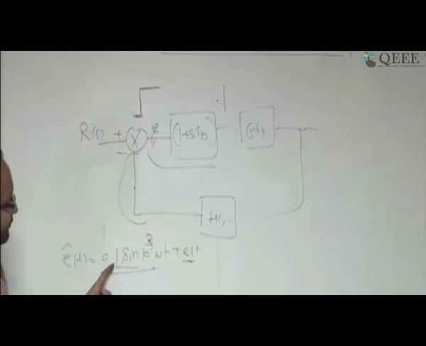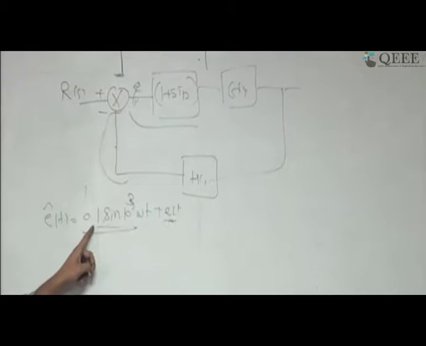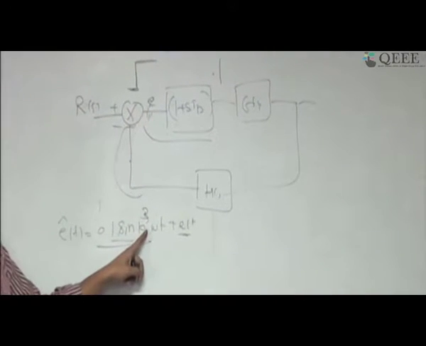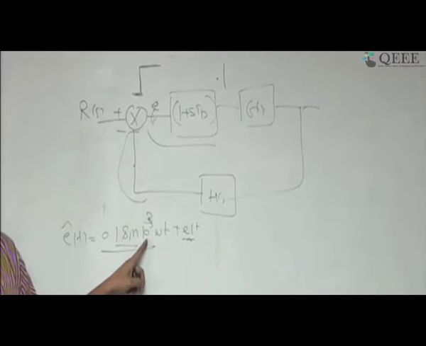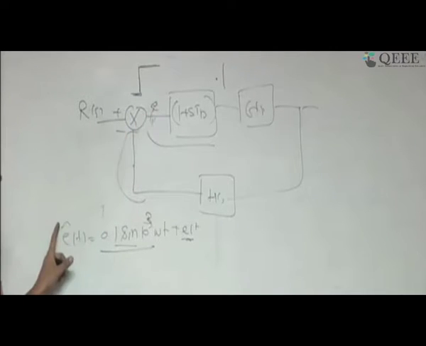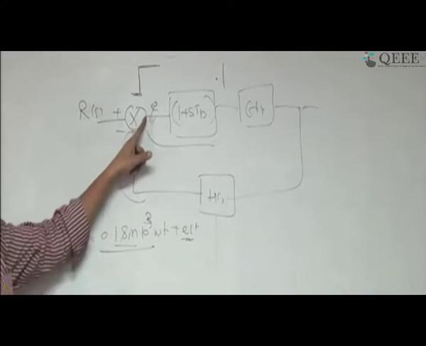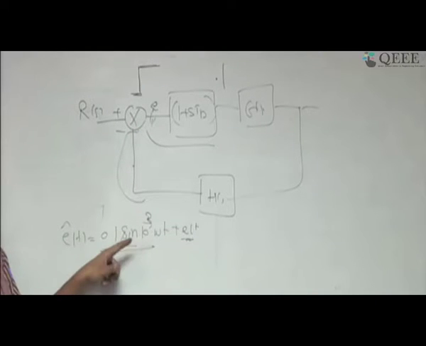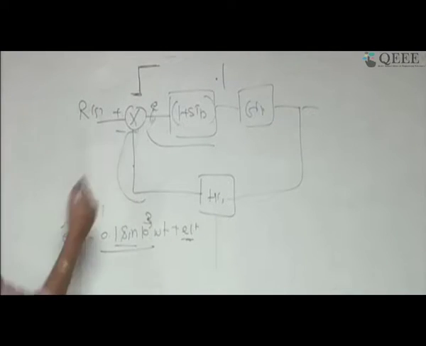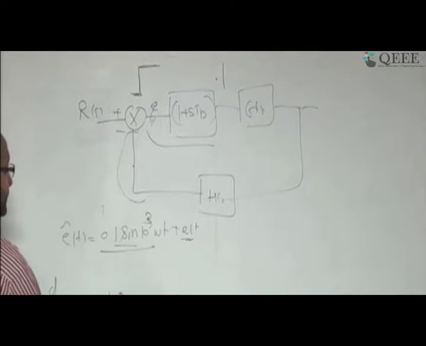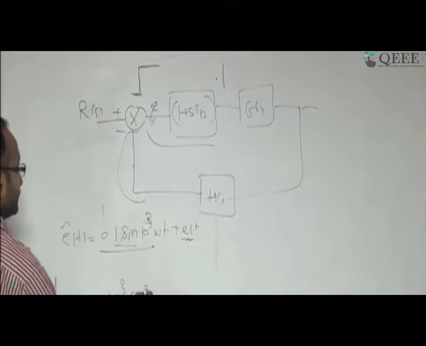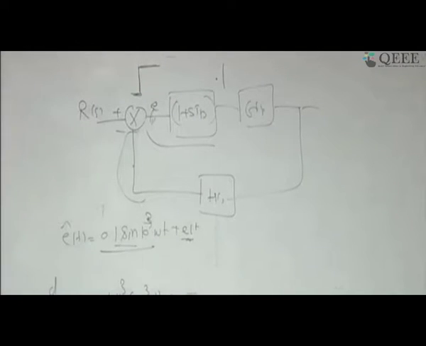If you look at the noise term, the amplitude of the noise is very, very small, but its frequency is very high, 10^3 ω. It means your noise is a high frequency component. So I am writing this error e hat(t) as the actual error plus some noise term, and the noise term is 0.1 sin(10^3 ωt). Now, as with your derivative controller, you take d/dt of e(t). If you take the derivative of this, it is going to be 0.1 times 10^3 cos(10^3 ωt). This is going to be there.